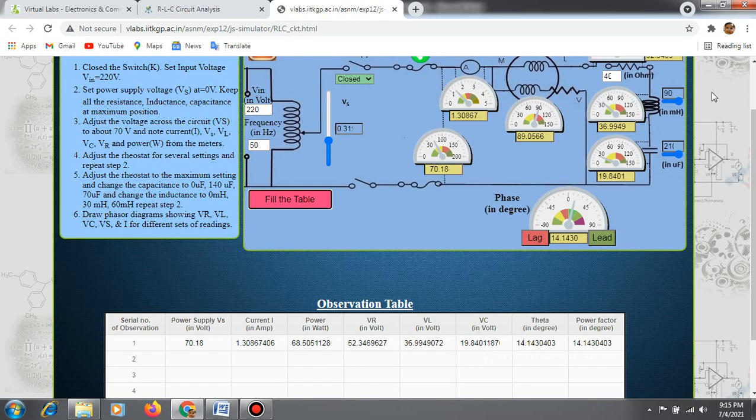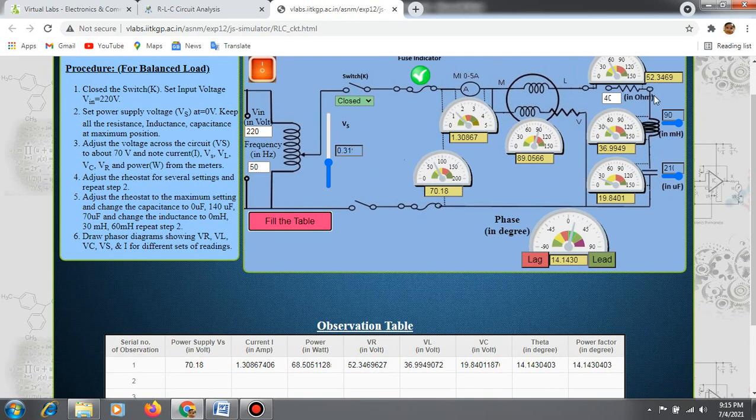Next, step number 4: adjust the rheostat for several settings and repeat step 3, not step 2. Here they have mistakenly written step 2. Let's repeat step 3.